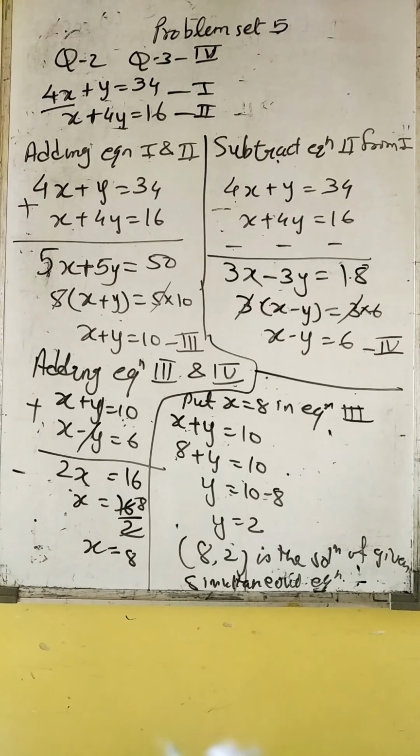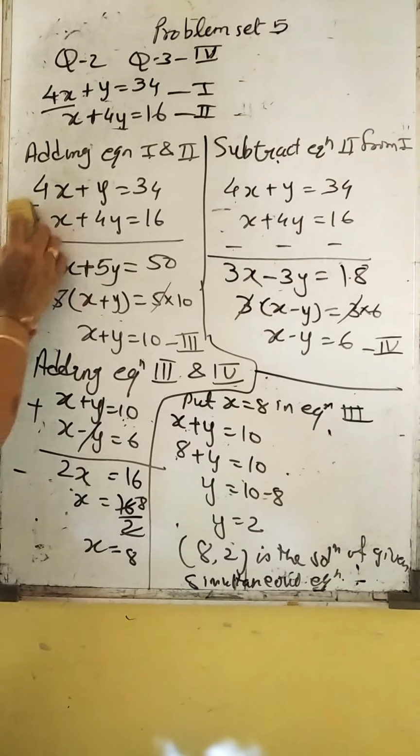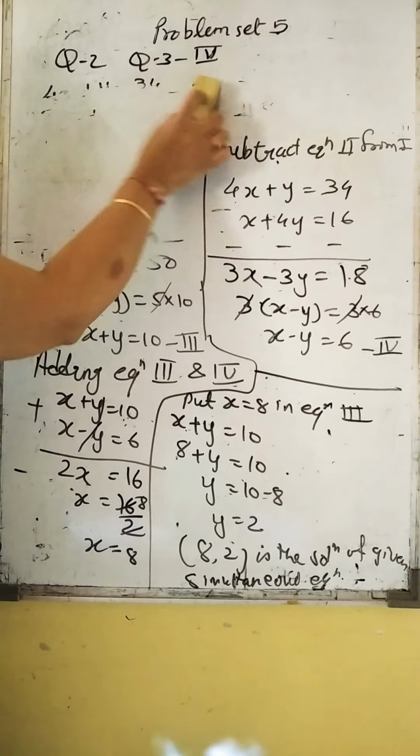And children, after this we are going to solve question number 4. There, somewhere in the fraction, either the variable or the coefficient, either of the things is in the denominator. So let us do it. I will be solving, but I will not solve fully. I will solve till you get a common equation, and then solving the equation is the homework part for you. Normally the entire problem set is homework, but I would like to do a few sums with you. Not the entire, a little part.